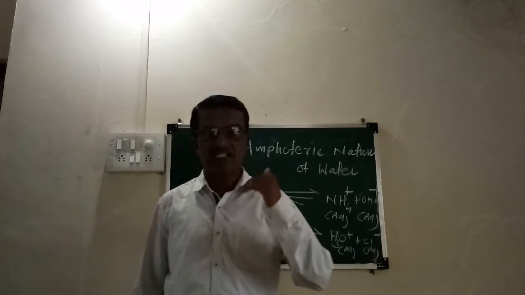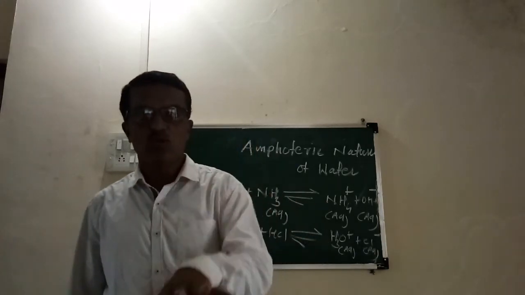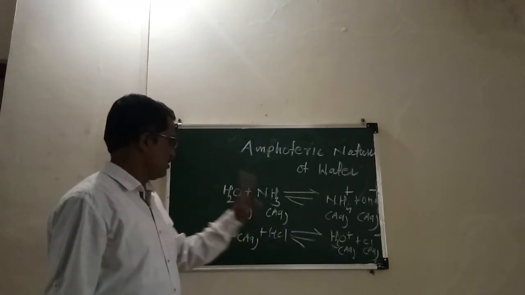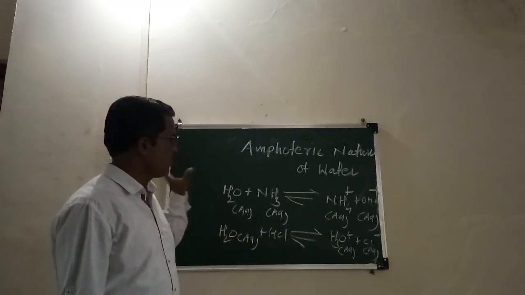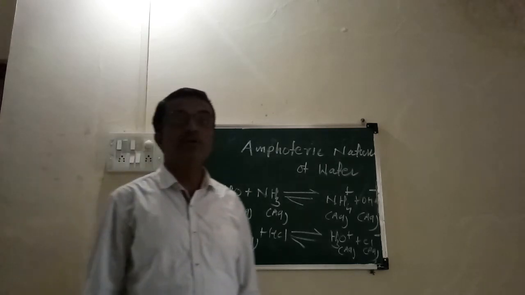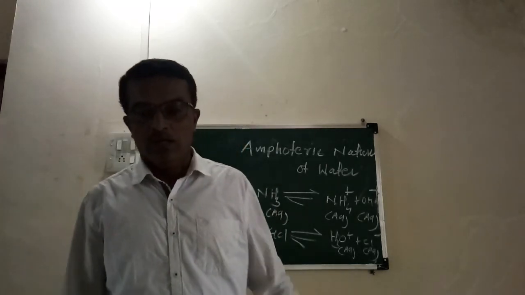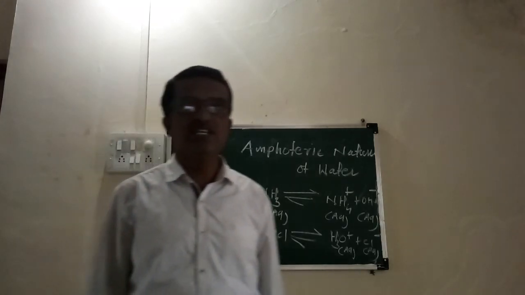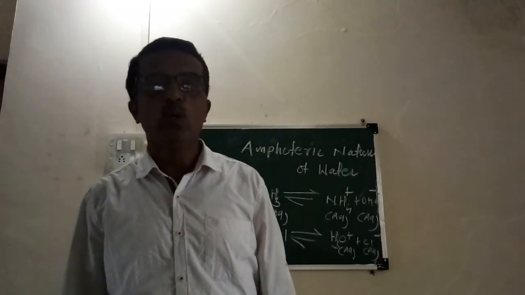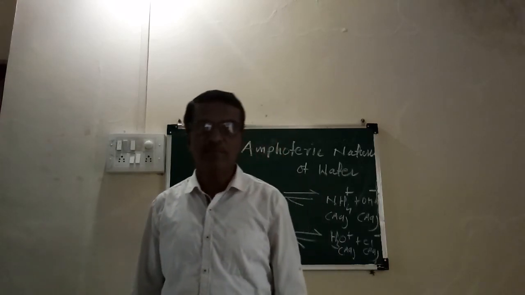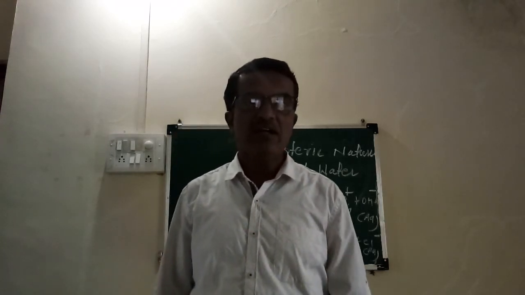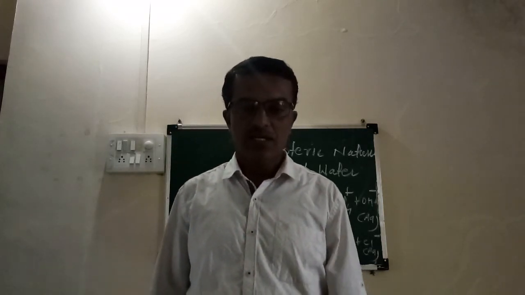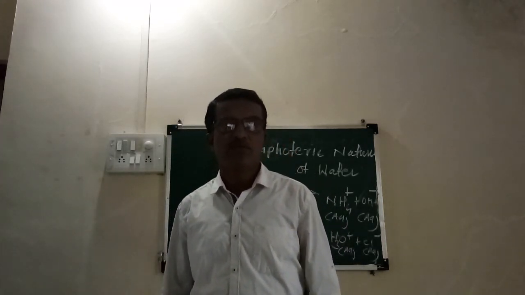Water acts as an acid by donating its proton to another substance, and water acts as a base by accepting a proton. Now these are the examples for the amphoteric nature or dual nature of water. These are the three theories, that is Lewis theory, Arrhenius theory and Lowry-Bronsted concept for acids and bases. By knowing these theories, we can easily understand the concept of acid and base. The remaining part we will continue in the next lecture.